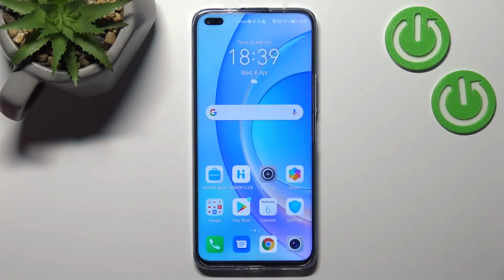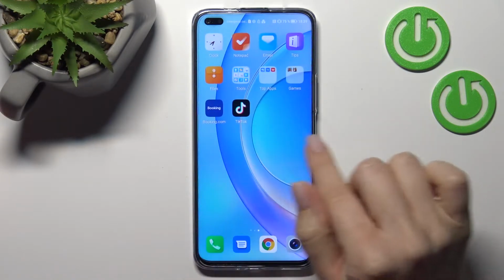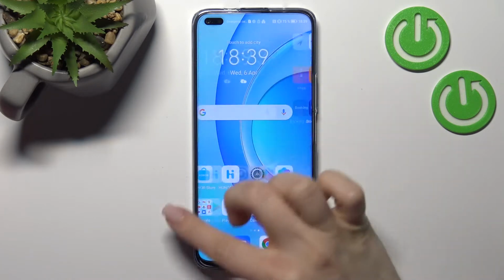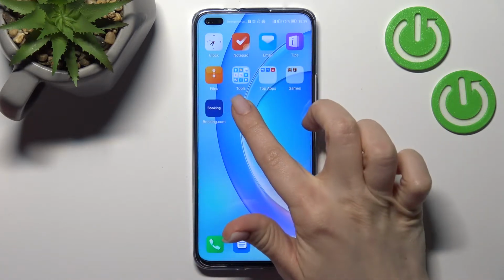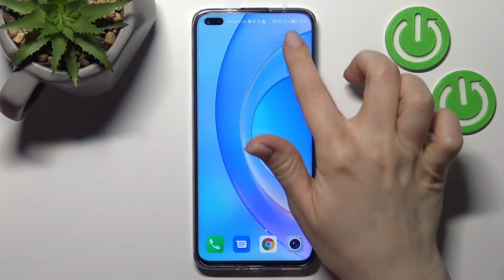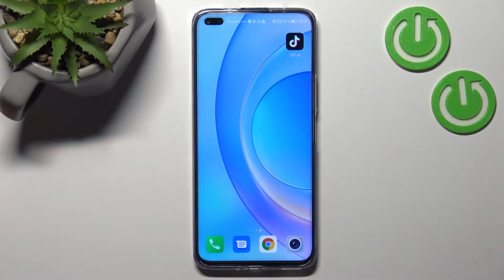Welcome, today in front of me Honor 50 Lite, and I'll show you how to add and remove home screen widgets on this device. So first you should open the screen where you want to add the widget. For example, I'll go with a new one to show you how you can do that,